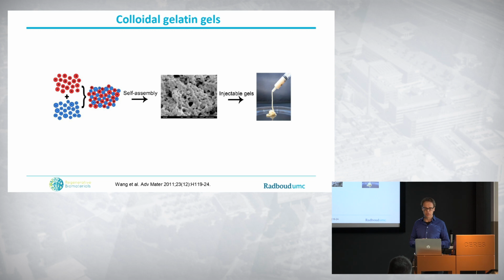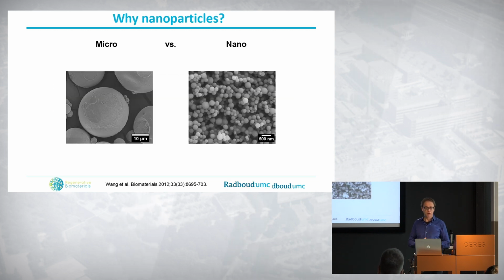So that was a very nice outcome, a first attempt to make extrudable materials, overcoming one of those disadvantages of bioceramics by themselves. These are brittle, they're very clumsy to apply in a defect, so this would be more advanced. So that worked very well, but by that time we were more experienced in working with microparticles. So we were not really into